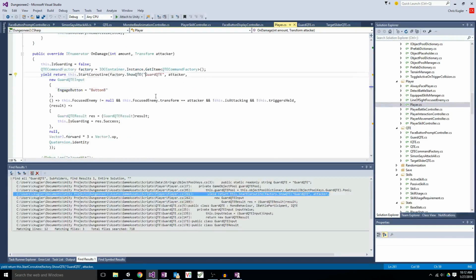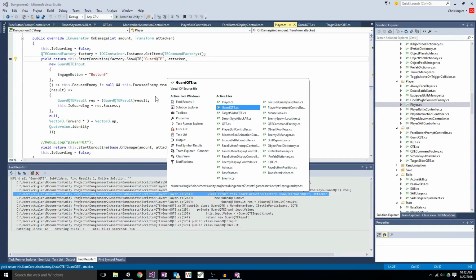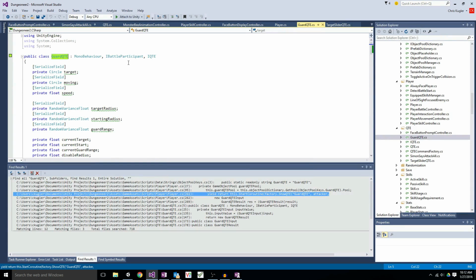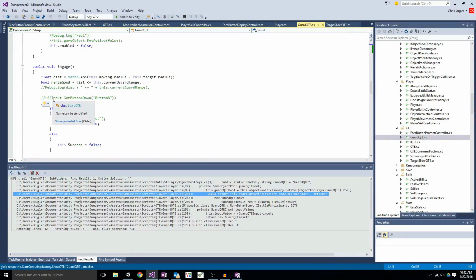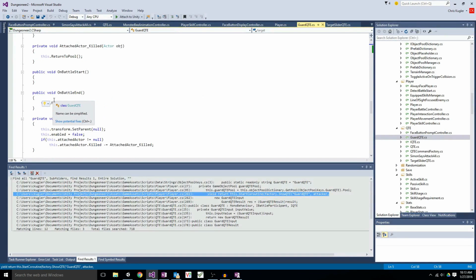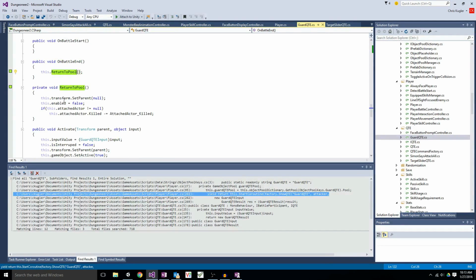Yeah, I am. Okay. I guess I'm using OnBattleEnd. Return to pool. Transform.SetParent null, enabled. Unhook from this active actor. Yeah, I mean,